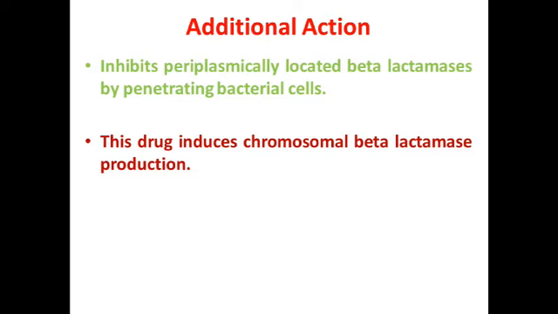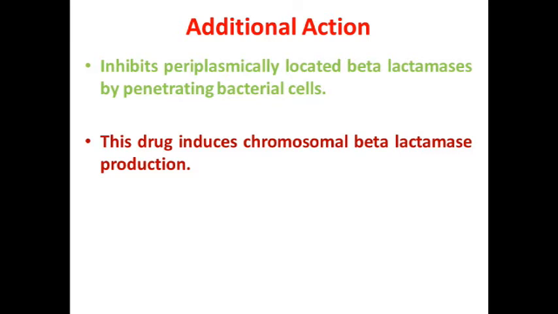Okay, so it enters the cells and blocks these enzymes. This drug induces, to an extent, I should say, chromosomal beta lactamase production. Because high doses of this drug sensitize gram negative bacteria especially to produce a lot of beta lactamase enzymes. So this drug has that ability. But at the same time it inhibits, but it can also induce to an extent the production of beta lactamase